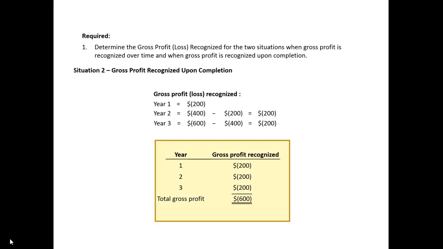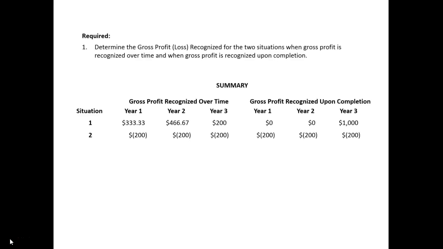Total gross profit or loss recognized: year 1, $200,000 loss. Same with year 2 and year 3. So,